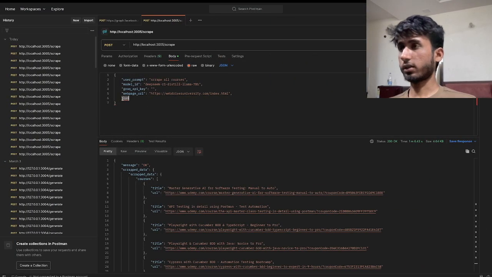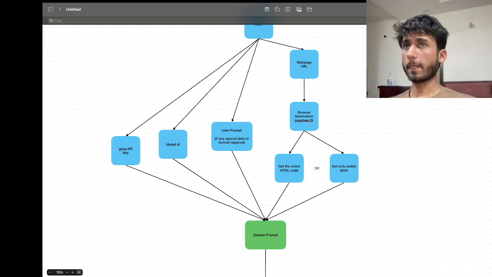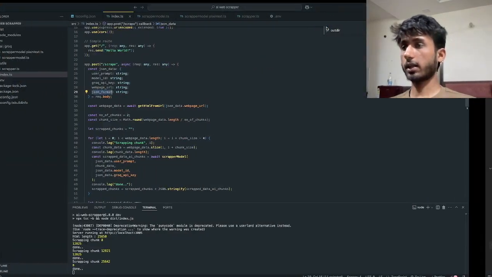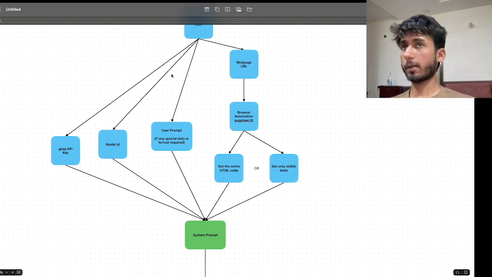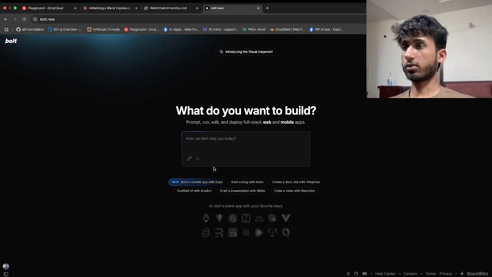Now we'll be working on the front end, but till the time now, let's try to get everything in plain text format, and let's see how that is working. I've tried making the front end part with bolt.new a lot of time, and the best and most time efficient way I find out is